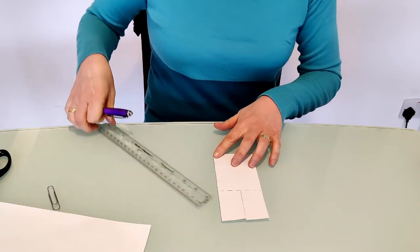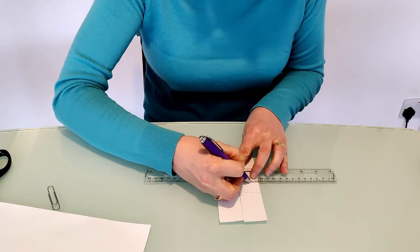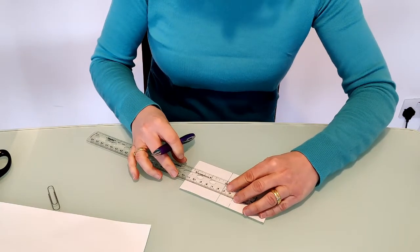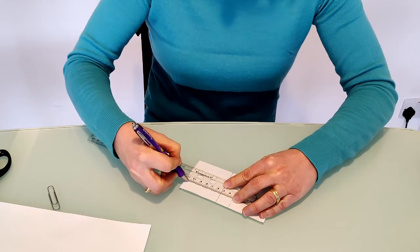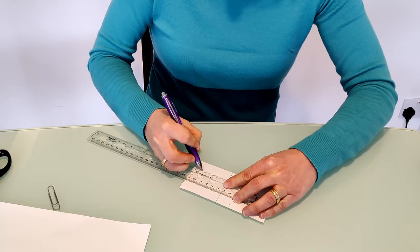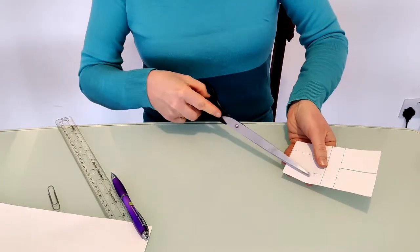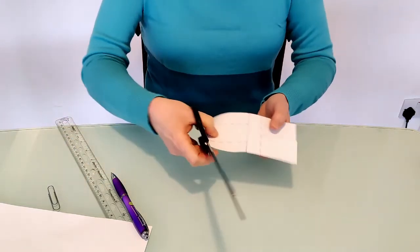Then you need to think about how deep you want the body to be and draw a line across there, and then draw your tail. I'm using dotted lines for the bits that I'm going to fold and more solid lines for the bits that I'm going to cut. So I'm just going to cut to this point here on both sides,